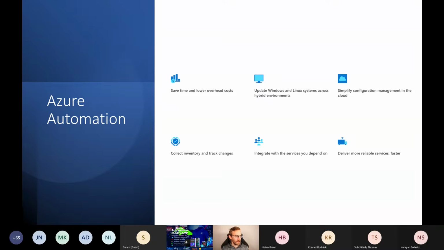So that was running PowerShell code locally. The other option is to run it in Azure Automation. So Azure Automation provides us with a number of benefits. I already mentioned that you could run it either on premises or in the cloud, but it also allows you to run your code cross-platform. Not so much your PowerShell code, as the highest supported PowerShell version for Azure Automation is 5.1, so that's the last version of Windows PowerShell.